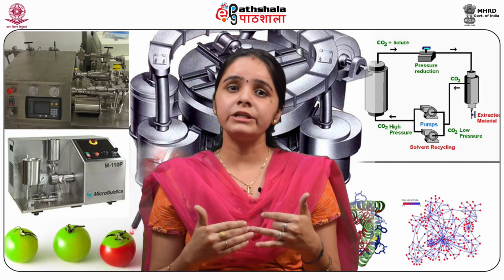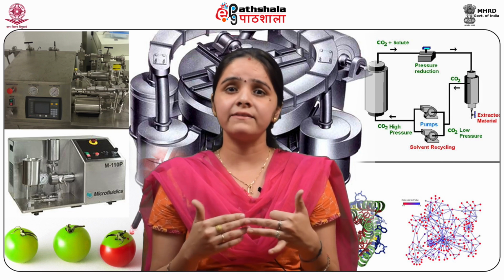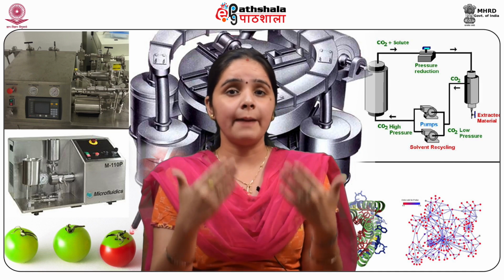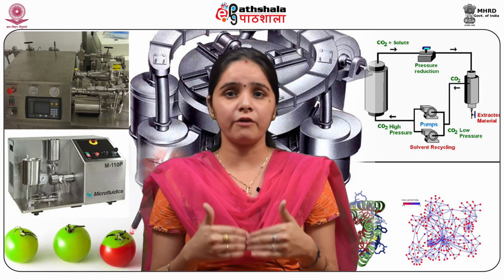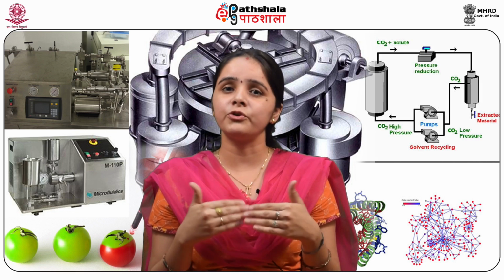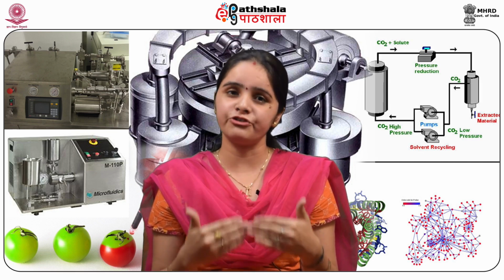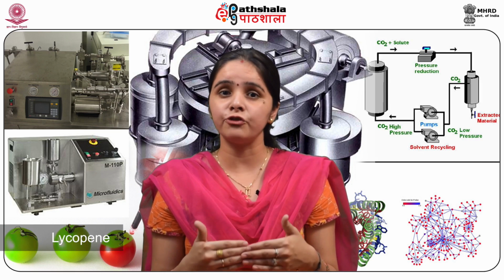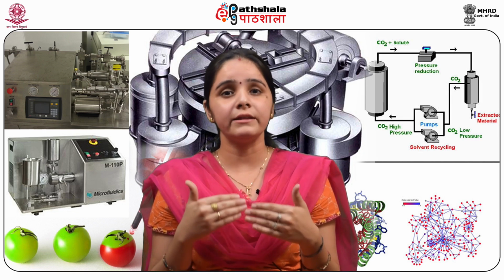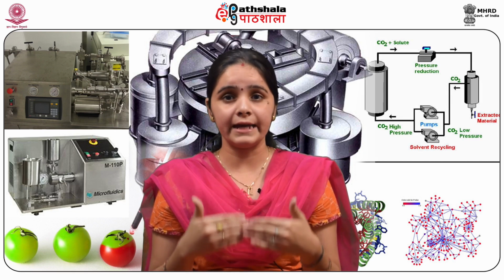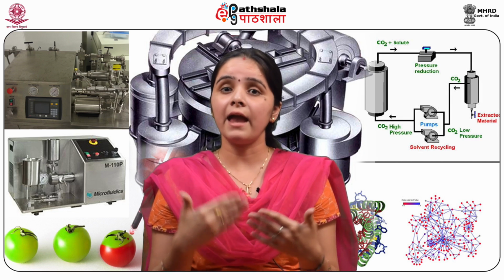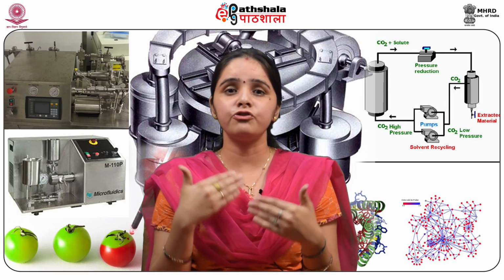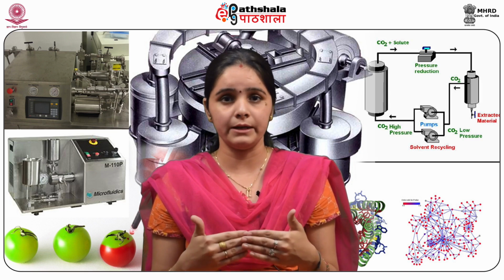Again, lutein, astaxanthin, zeaxanthin, these carotenoids can directly absorb the damaging blue and near ultraviolet light in order to protect the macula of the retina. Next, lycopene is a very famous carotenoid and mainly found in the tomato. It protects against prostate cancer and other different types of cancer. It can also inhibit tumor cell growth in animals.